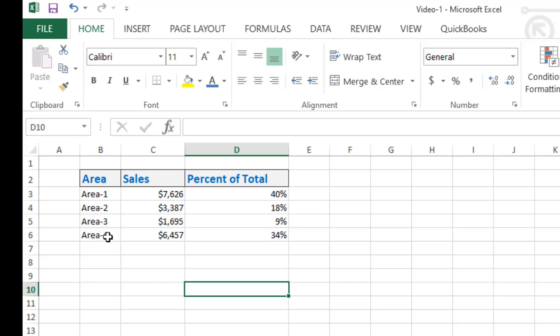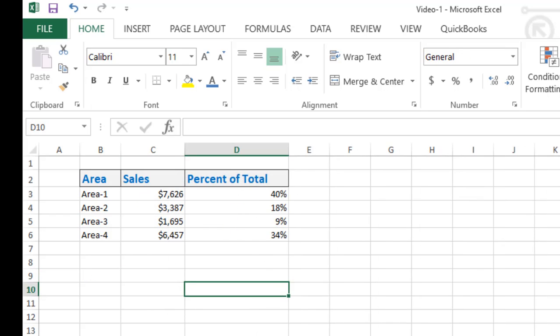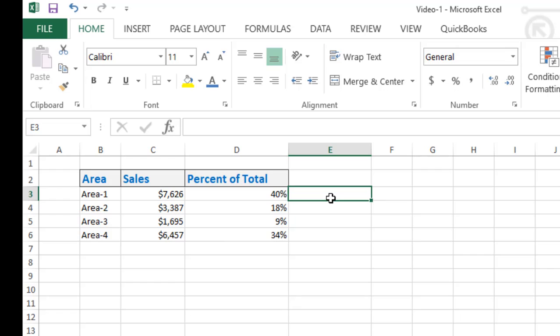Area the same, sale the same. Now the same result is achieved here with the help of this total. In this sheet we do not use the total, but we got the same result because we have used this sum function. C3 equal to